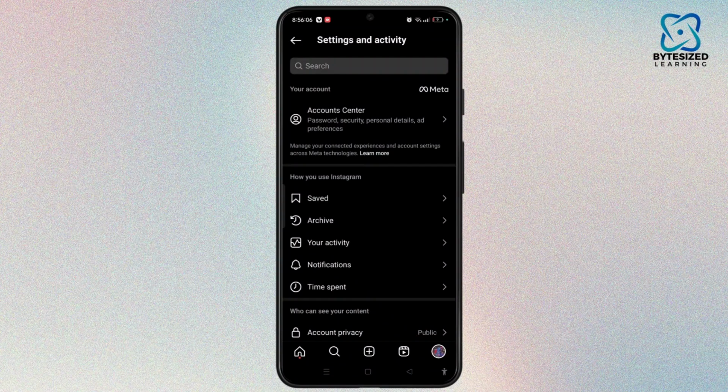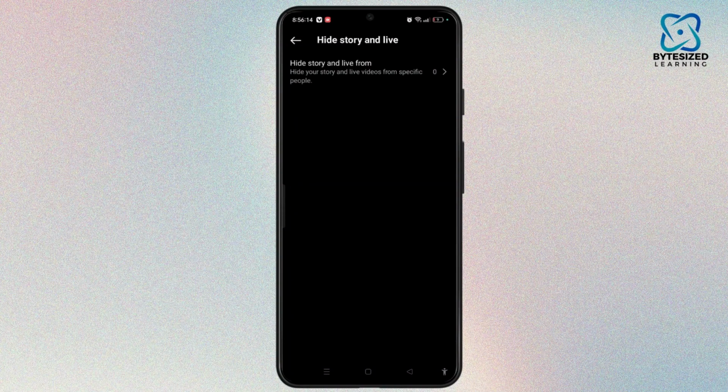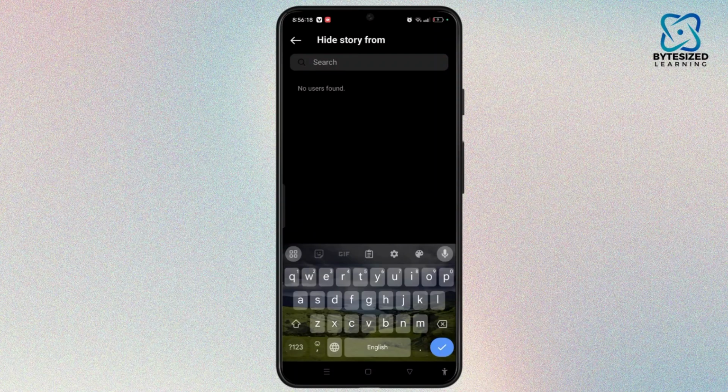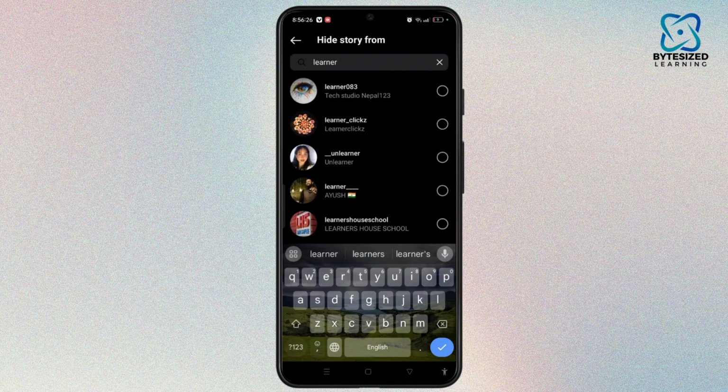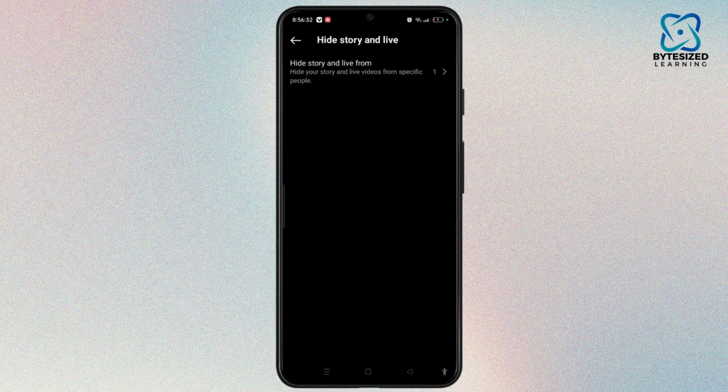On the settings and activity page, scroll down and under who can see your content, you have to open hide story and live and open it, and you have to search your own another ID, or you can also choose any of your friends. Right now I'm selecting my own another ID here of Instagram, and I have hidden my story and live from